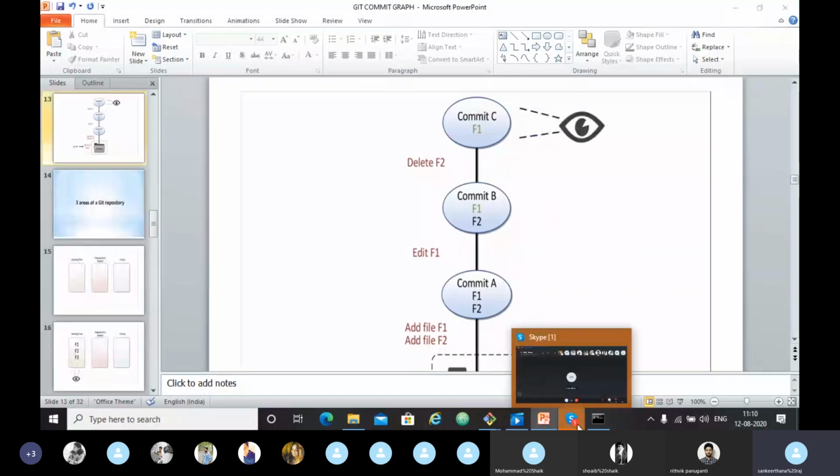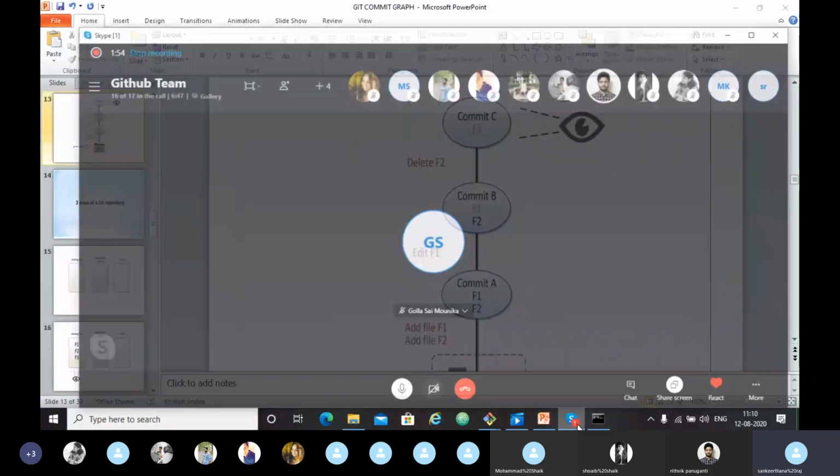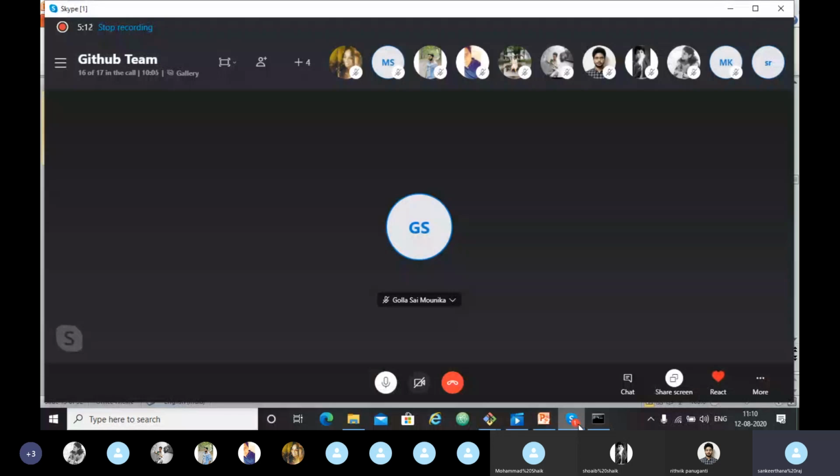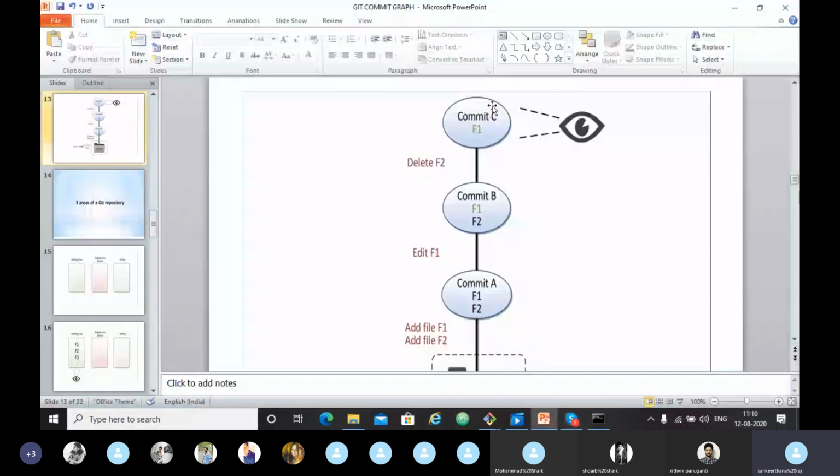We are saving our files in this third commit. We have deleted F2 and we have modified F1. What we have till now is 3 commits in our Git history.